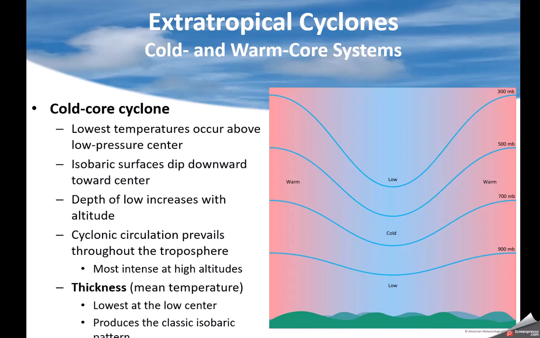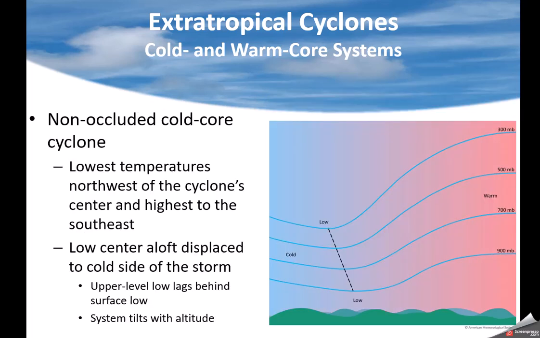Now, extratropical means very strong temperature contrast, very, very cold. So there's a very cold side to that low. That means the temperature, because of that, pressure will drop very quickly. You get a much stronger system aloft, actually, than you do at the surface. So that is an extratropical or cold core system. Sometimes we don't get occlusions because it's weaker jet streams.